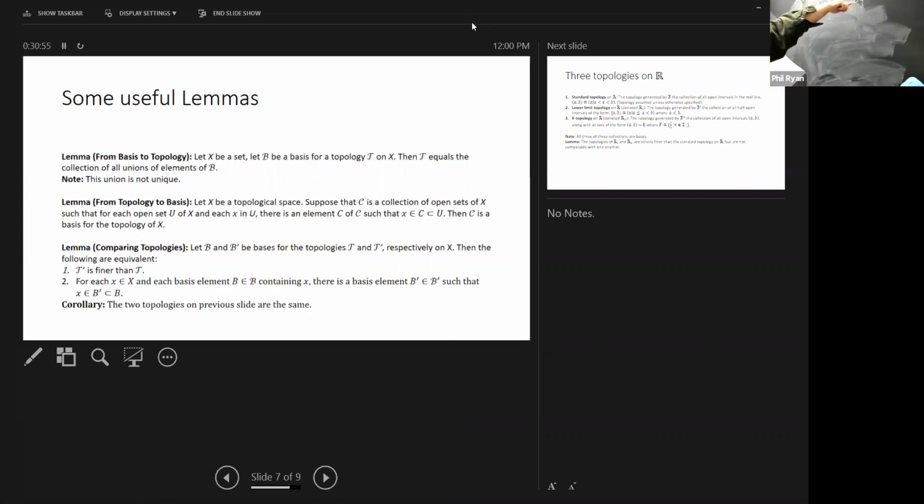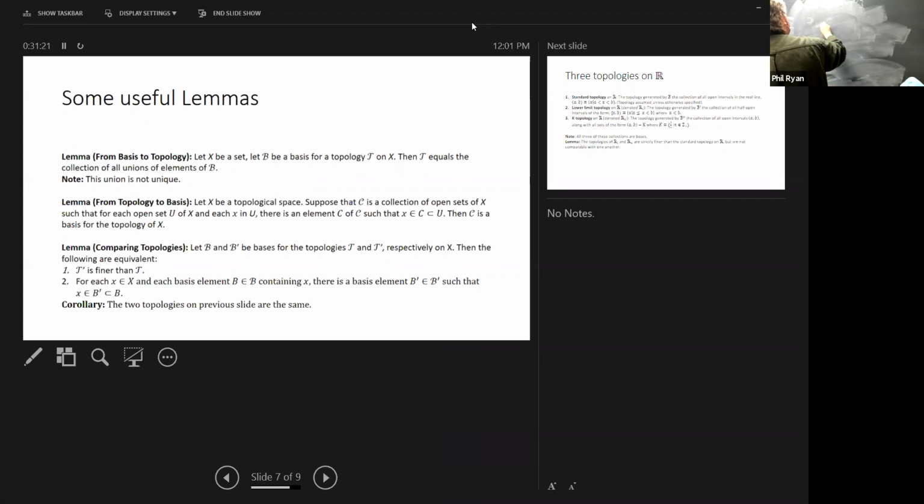We've already seen that all basis elements are themselves open sets. And since we're given that T is a topology, the union of elements of T are going to lie in T. So this is fairly straightforward,